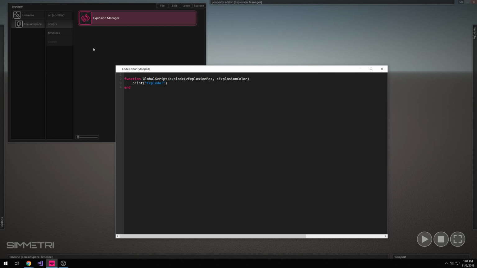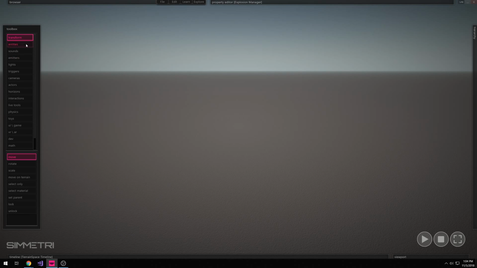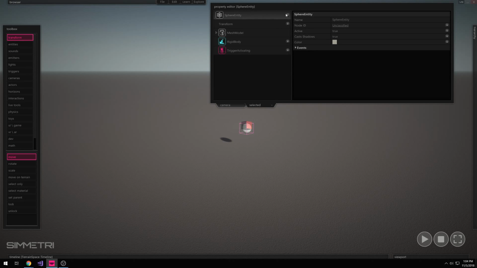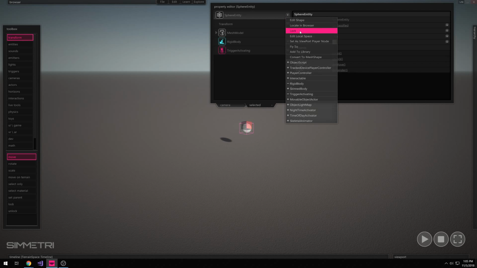Now we're going to create an object that, when we push a button, is going to call this function. And then from there, we're going to fill out this function to make it actually perform that explosion. So I'm going to close this script, and I'm going to create a simple object in the space. I'm just going to create a sphere in this case. Actually, no, I'm going to create a player controller. So I'm going to hit this little button here on the sphere entity, and I'm going to create a new